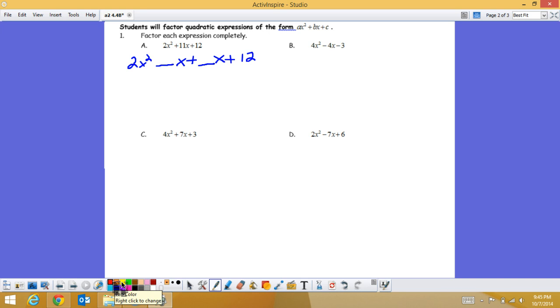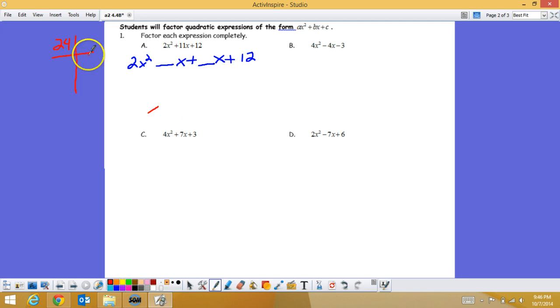Now remember, these two multiplied to the same thing that 2 times 12 did. So 2 times 12 is 24. Do this over in the blue. You should be able to see this. Okay, so